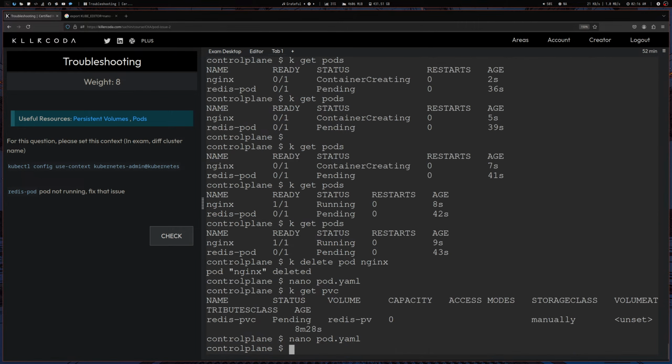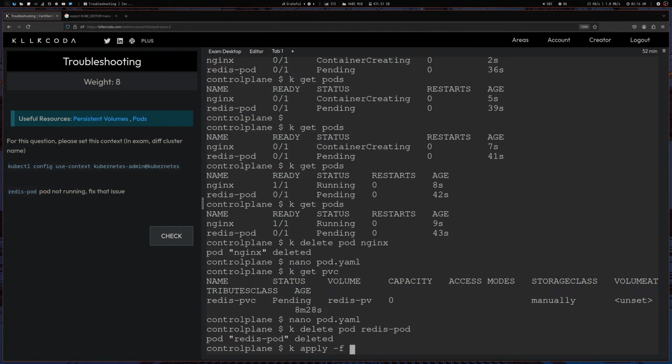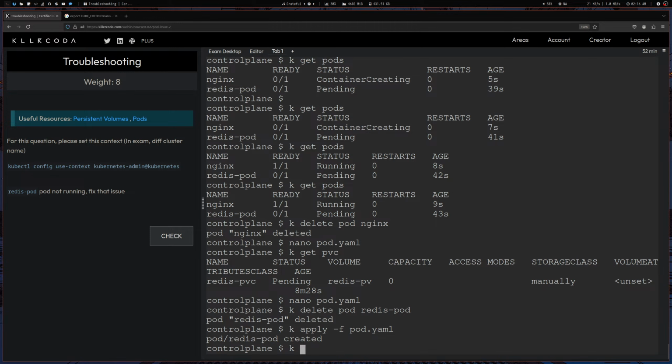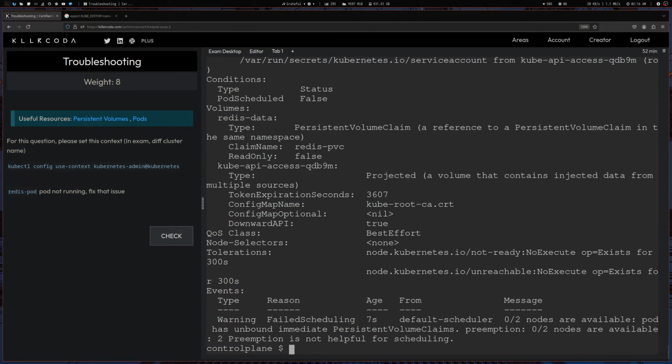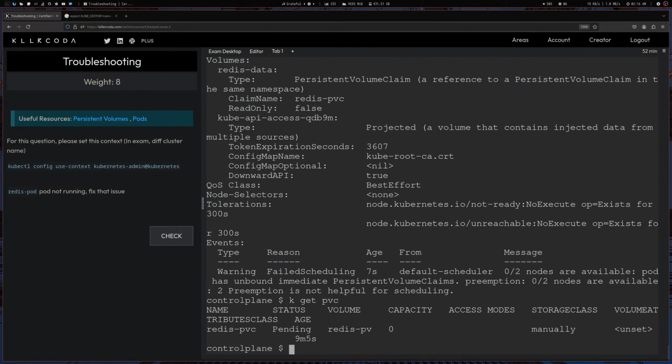Okay, delete pod. Apply -f pod.yaml, get pods, describe pod Redis. Pod has unbound. Get PVC, get